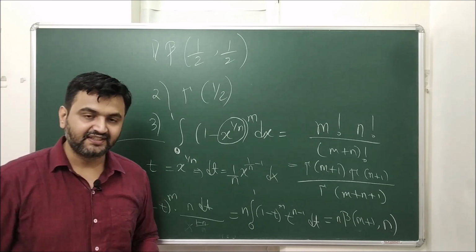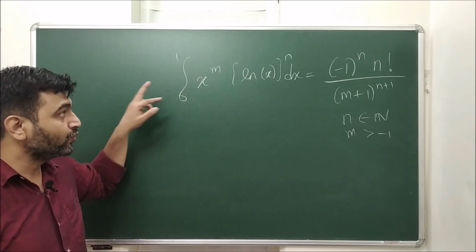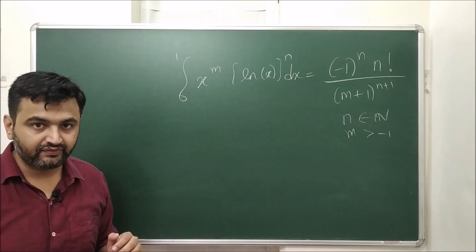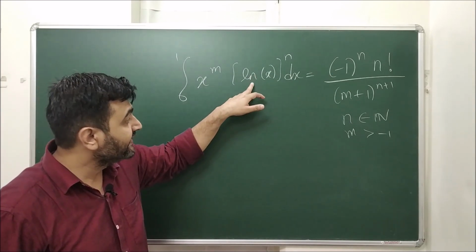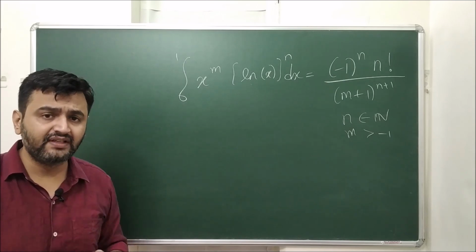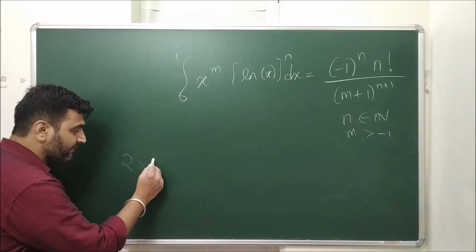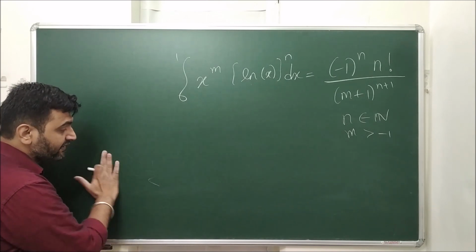Okay, let us take one last example. Now here you have 0 to 1 and here you have factorial. So kind of beta and gamma connectivity you should think of. Now here you have ln in the picture. Now how to get rid of ln? Like if you have a 2 number, how do you get rid of 2? You multiply by its inverse. What is inverse of log?